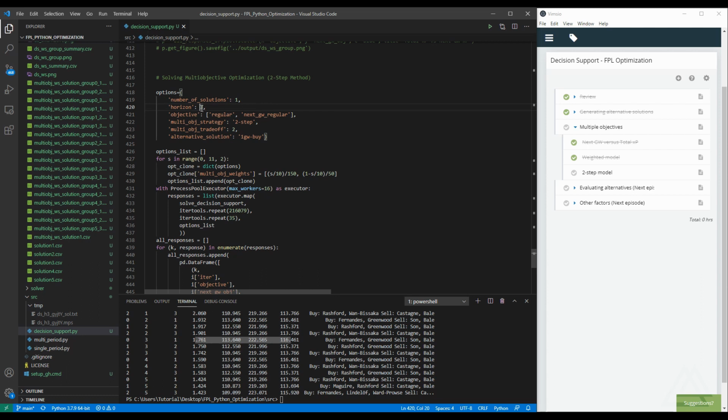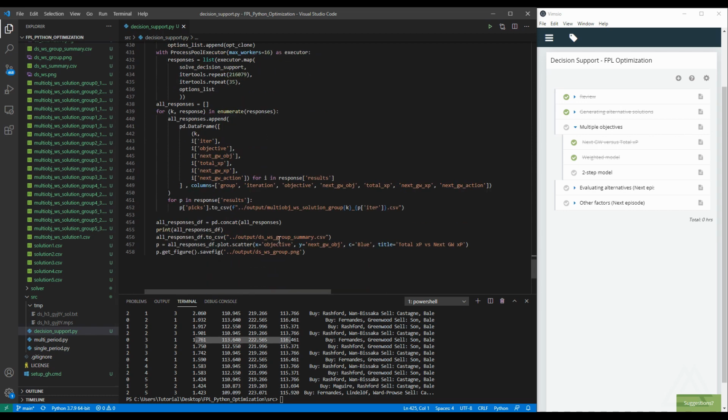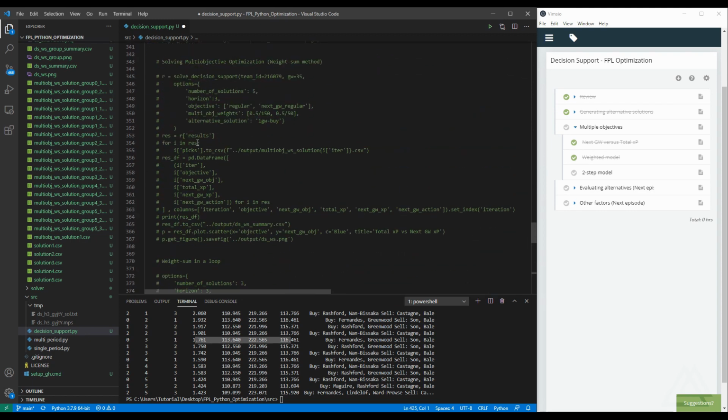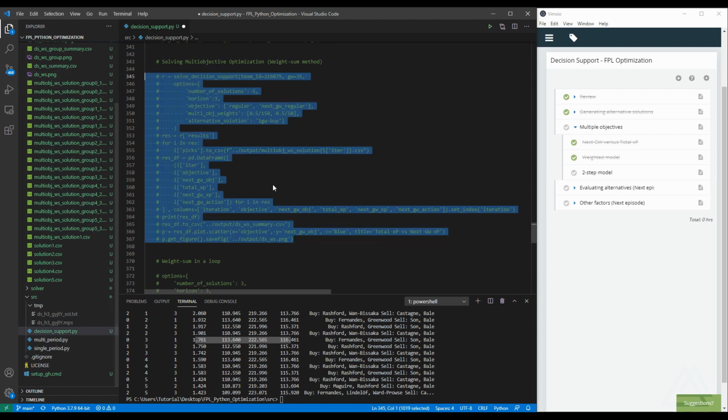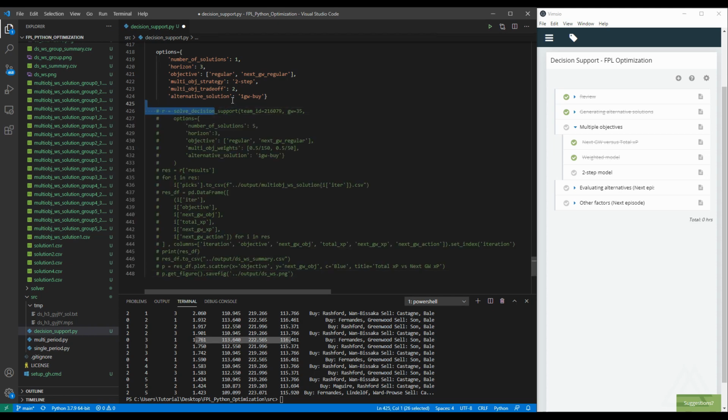So this should work fine, and just to make this go faster, I will use just a single solution, and then horizon, let's see, is 3, regular next game week, two-step 2, and we are not generating alternative solutions, but let's keep it this way. And in here, do I need to use, yeah, instead of using process pool executor, you can maybe do it later. I will use the regular for loop we were using here, just a regular call instead of the